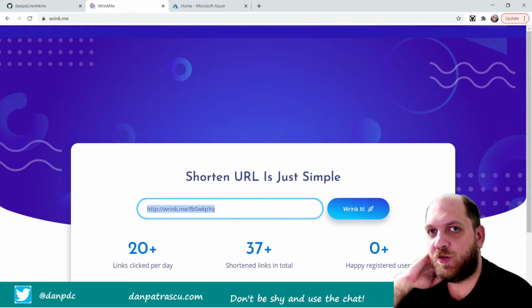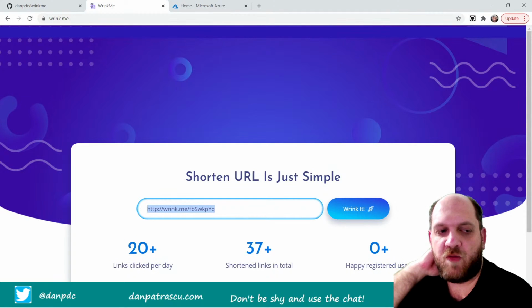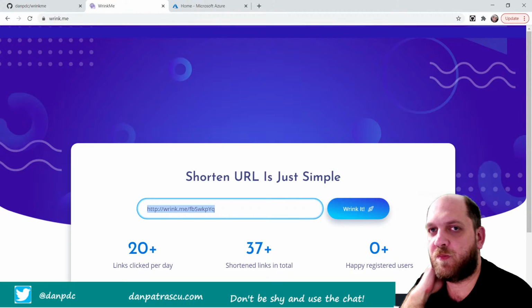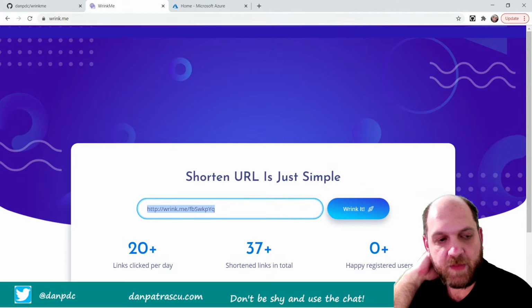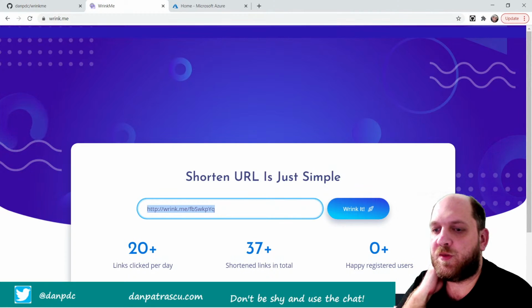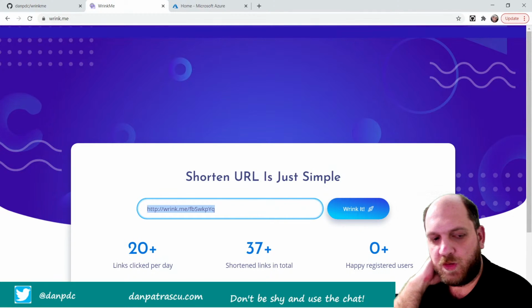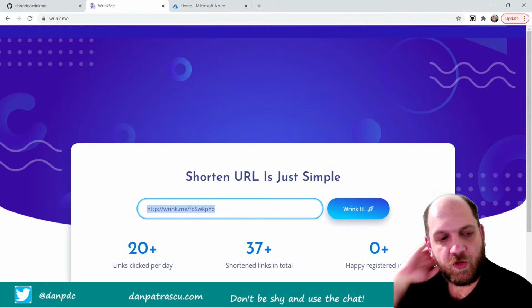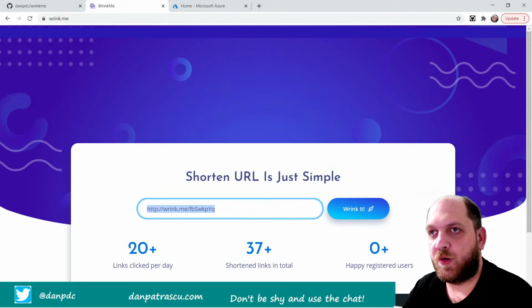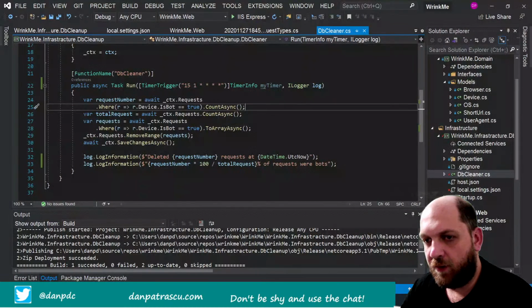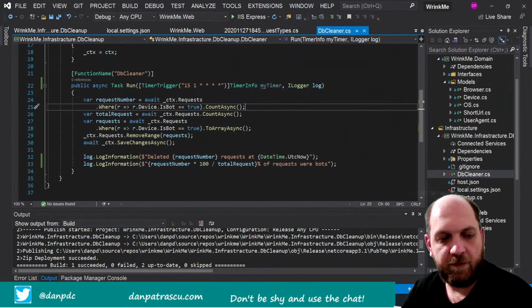And this is something which, for now, as we have very, very few requests on this application, is not a very big problem. But when this application maybe gets a little bit more traction, the database will get cluttered with a lot of requests that actually come from bots. So this is why last time I worked on a very, very basic